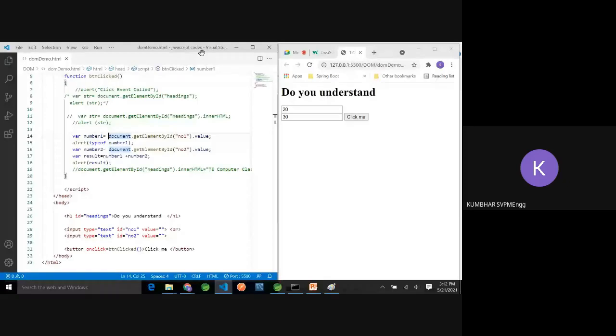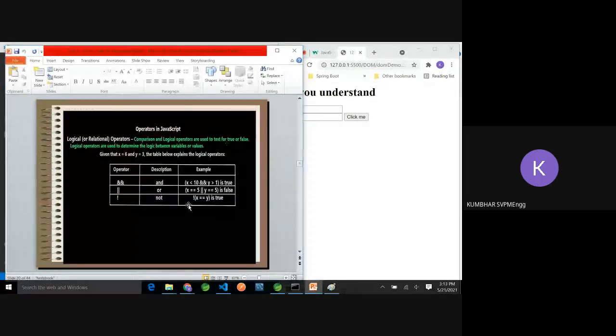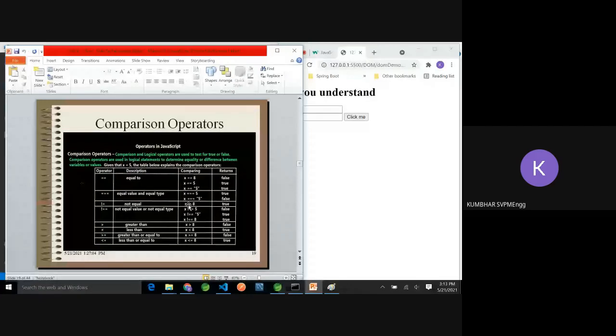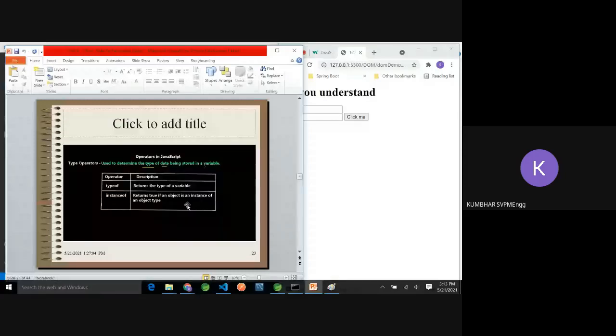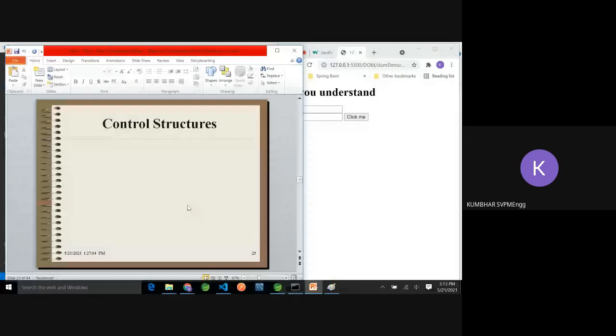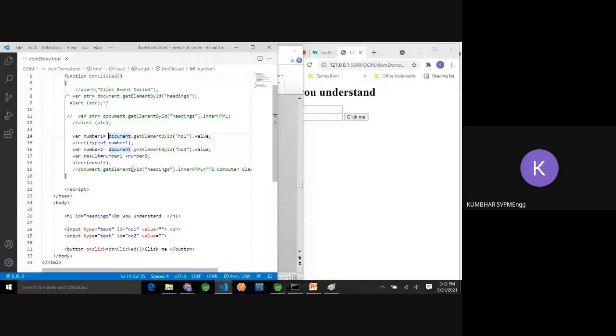So did we learn any casting operator? Let me go back. Not here, not here, not here too. So we have to search for how we can convert the value of a string to an integer.